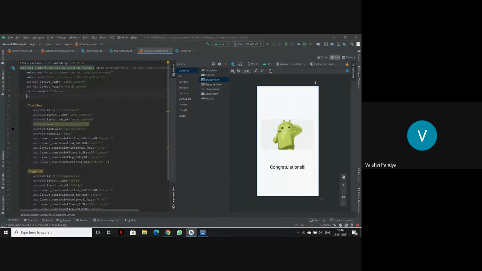And for now, listen. If we want to change the background of a page, we'll have to go to the main Android page. We'll not write in the text view or in image view. We'll go above the text view, into the Android support constraint layout, and then here we'll write BG, that is background, and we'll choose the color.